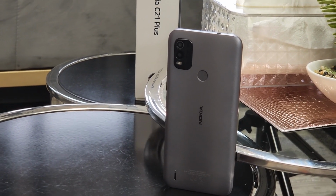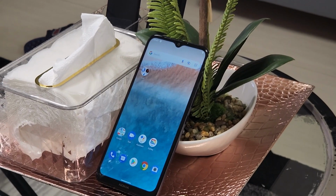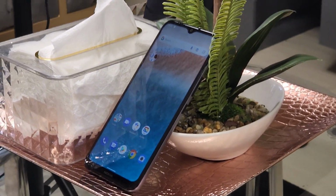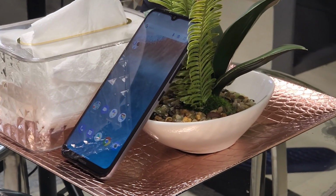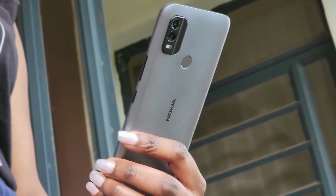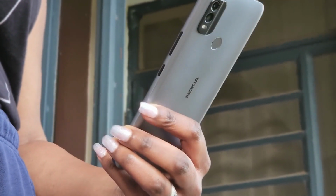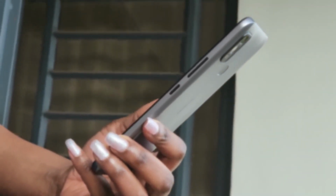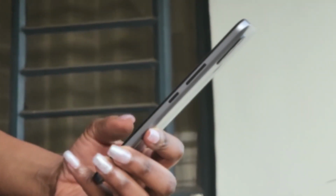is more than satisfactory. For the software, the Nokia C21 Plus runs on Android 11 Go edition. This is a lightweight version of Android optimized for entry-level devices. It offers a clean and intuitive user experience, providing a seamless experience as well. So this Go edition ensures that apps run smoothly and take up less storage space, allowing you to make the most of the available 32 gigs of internal storage that Nokia has added on this device. Additionally, the phone also comes with a dedicated Google Assistant button, making it convenient for accessing